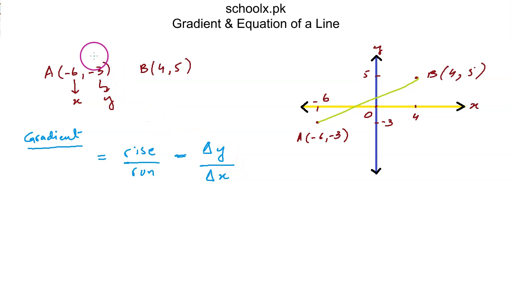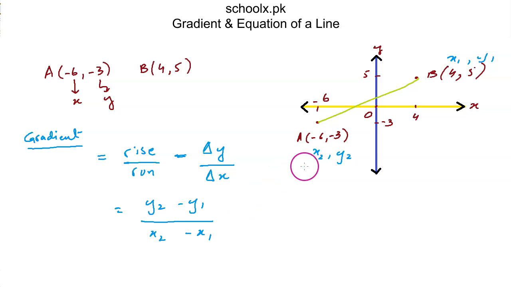So if I write it in the general notation form, we'll get y2 minus y1, this is the change in the y-axis or the y coordinate, over x2 minus x1, the change in the x coordinate. So let's suppose this is our x1, y1 and these are our x2, y2, or we can do it vice versa, we'll get the same answer. So plugging these y2, y1 and x1, x2 in this equation, we'll get